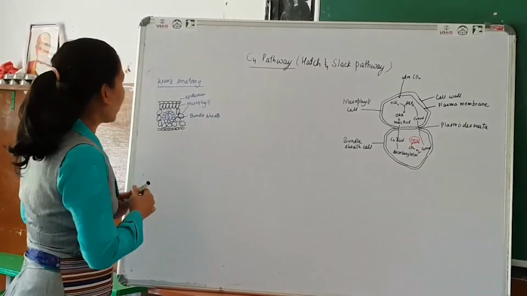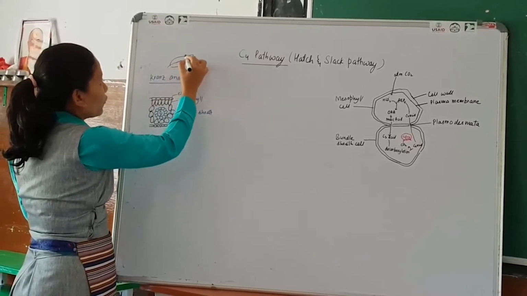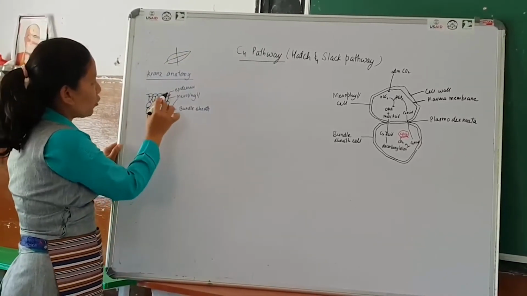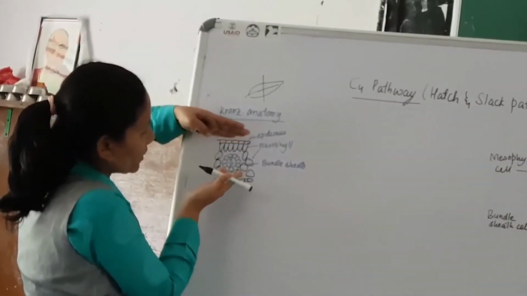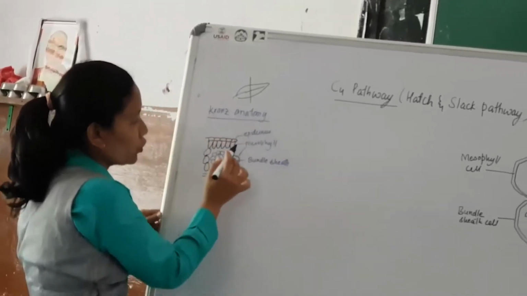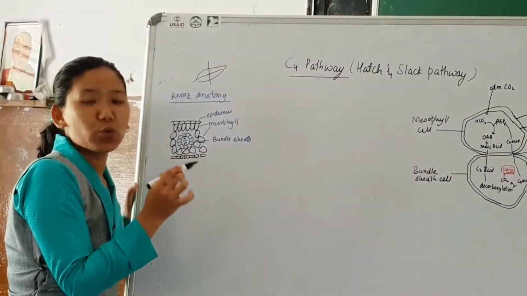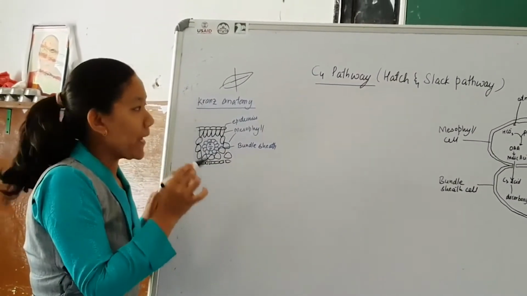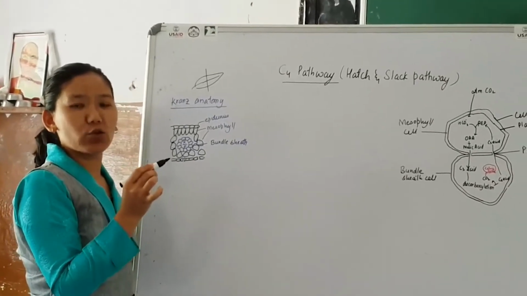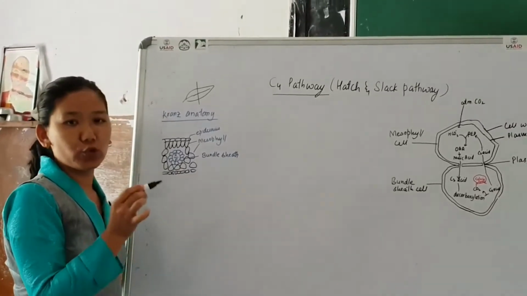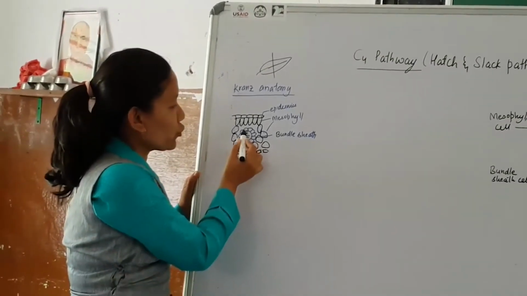So this looks like here. In Kranz anatomy you have of course the leaf. If you take a cross section, you find the upper epidermis, lower epidermis, and then stomata, and in the middle of this we have mesophyll tissues. And these mesophyll tissues, as we have discussed, contain chloroplasts where the photosynthesis takes place. In the earlier topic, we talked about the C3 pathway, and the C3 pathway occurs in the chloroplasts present in mesophyll cells.